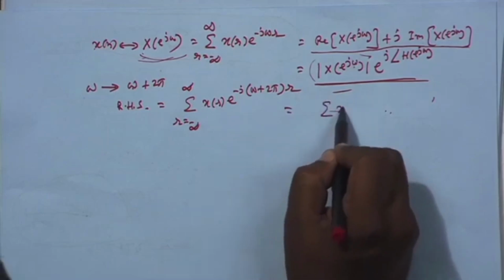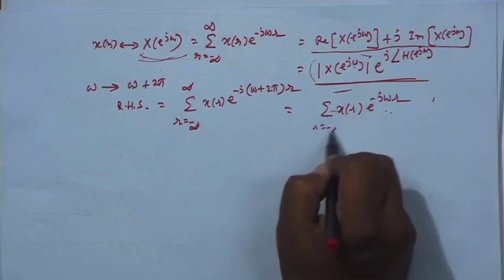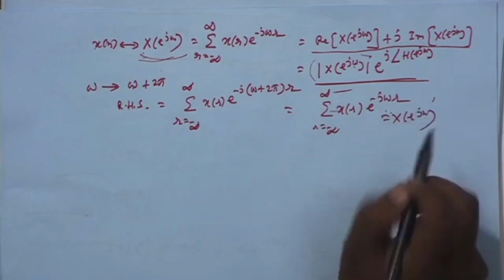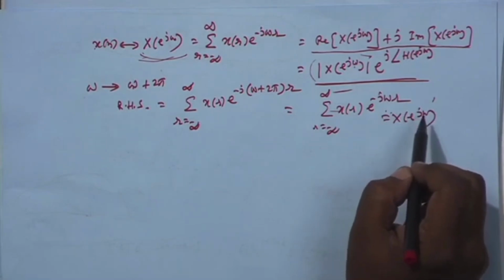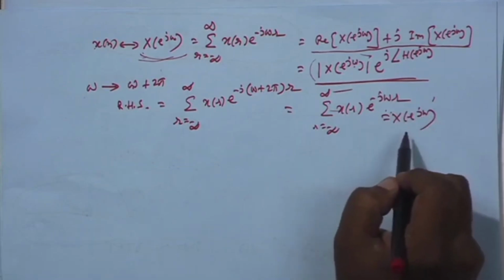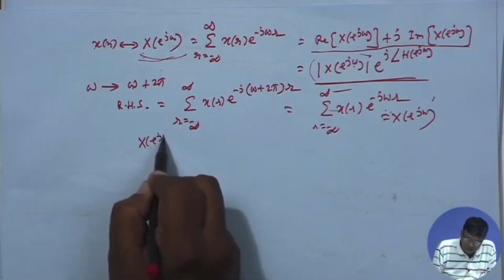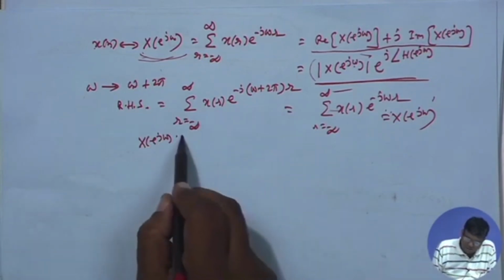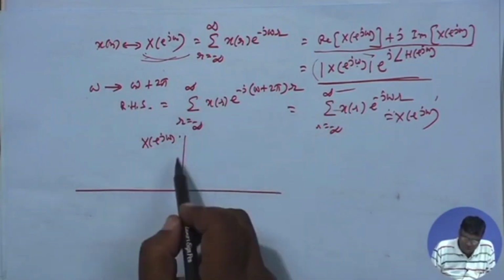So, you will get back x of r e to the power minus j omega r, which is nothing but your original DTFT, which means DTFT here if I replace omega by omega plus 2 pi, okay, I get back the same thing. So, this is periodic over omega. So, if you take the magnitude and phase, I am normally plotting like this, but this is wrong. I should plot mod versus omega, I should plot angle versus omega, but just to make my point, I am just plotting it,